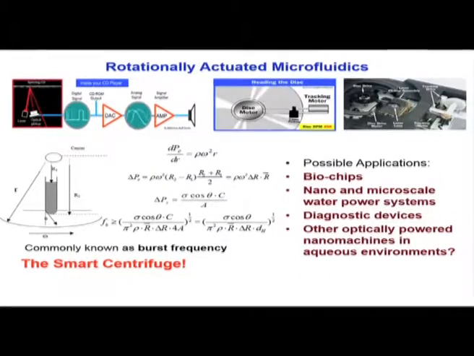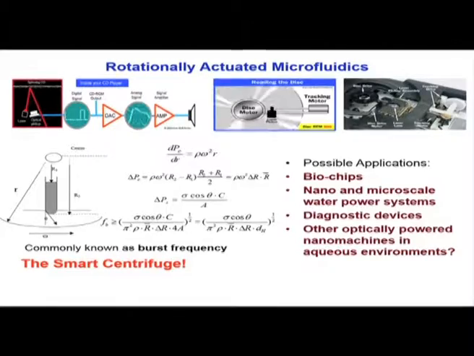So beyond the critical rotational speed, what will happen? The centrifugal force will overcome the surface tension force, and at that speed the fluid will start moving. Why are we not bringing the viscous force into that analysis? The reason is simple: the fluid has not yet started moving, we are thinking about the forces acting on it, and when the fluid has not yet started moving, viscous force has no role to play. Viscous force will start playing its role when the fluid has started moving.